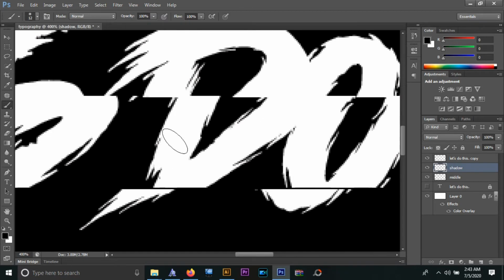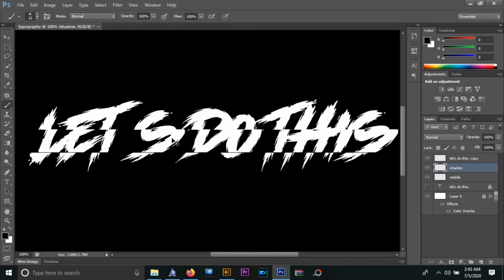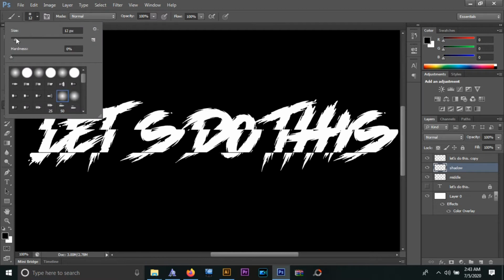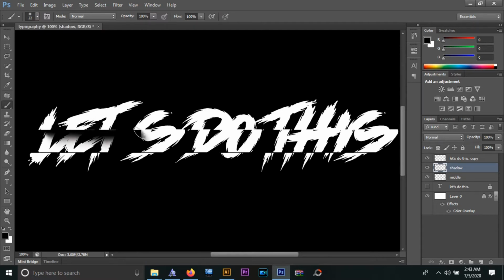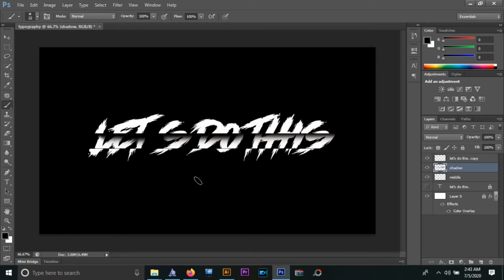So for the shadow one, we're going to take a soft brush. You can choose any soft brush that you want. You can also take a texture brush, absolutely up to you. So we're going to take a soft brush, this one is my favorite brush, and then draw over it. Draw a single line over it.